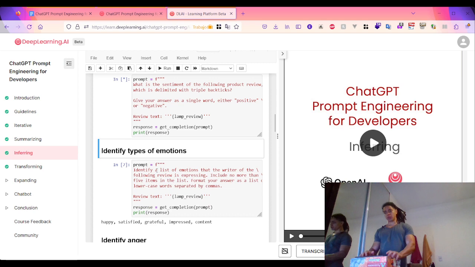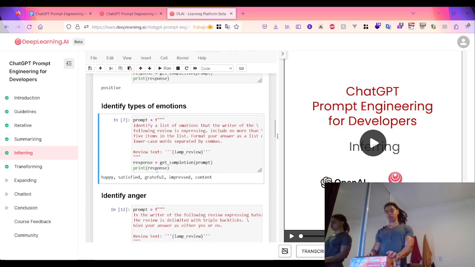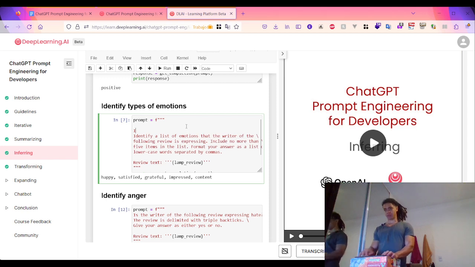Now, when it comes to identifying types of emotions, here I'm asking: identify a list of emotions that the writer of the following review is expressing. So let me do this again. Identify a list of emotions that the writer of the